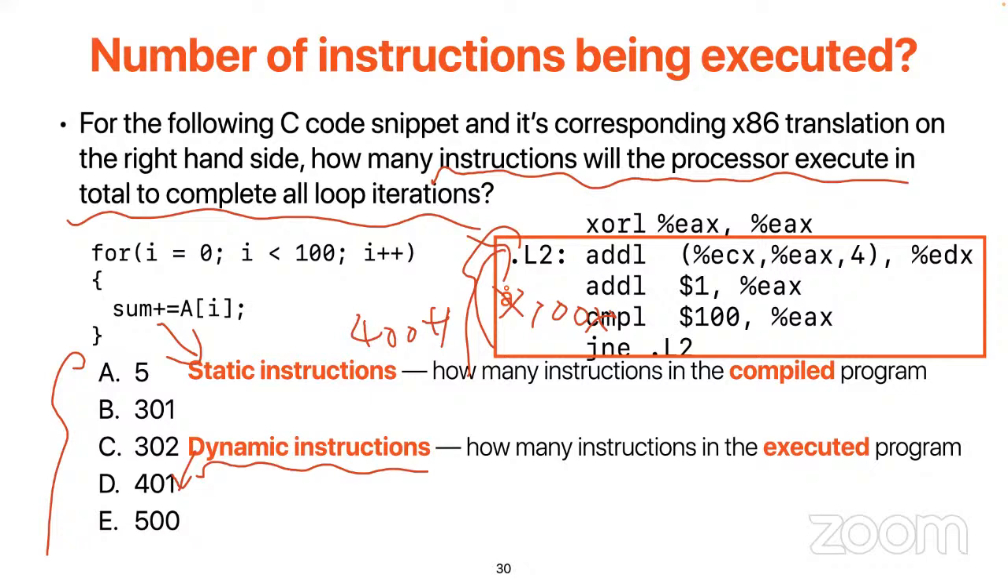5, 4, 3, 2, 1. Time is up. Okay, so looks like